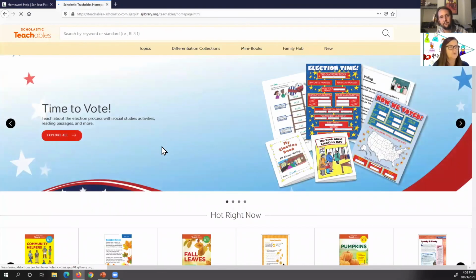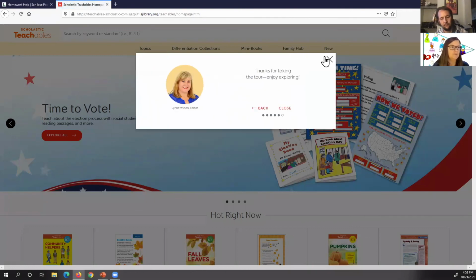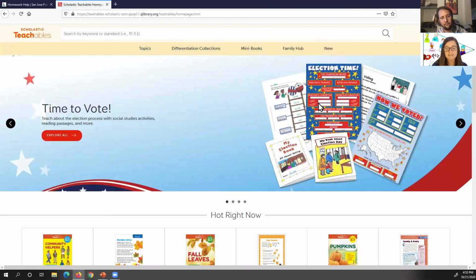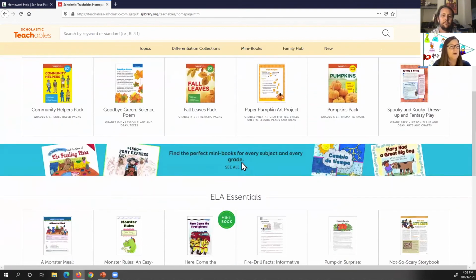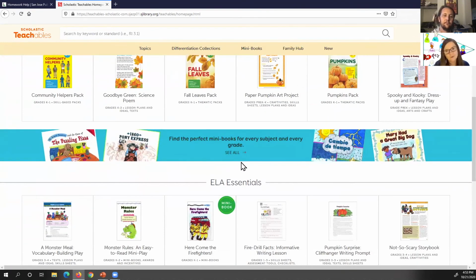So all of the sorts of things that help you to build out and practice skills, and supplement lessons. It is a lot of printing, so it is difficult if you don't have a printer at home, but you can also use these in PDF form. You can just download them instead of printing them out.